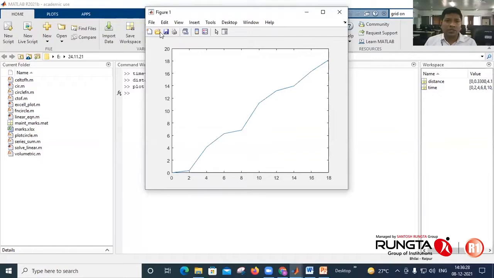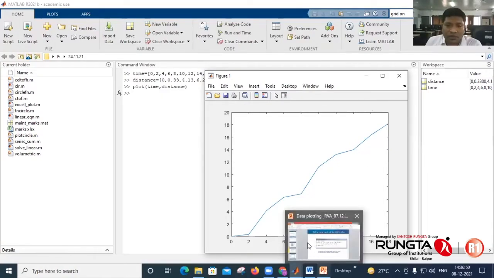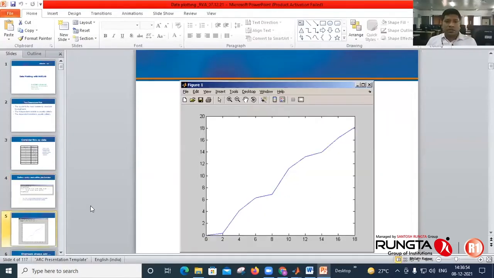In MATLAB it is named figure 1. Whenever you plot the graph, for putting it on your paper or putting the results, you have to name it or modify it. So this is the graph which we get.